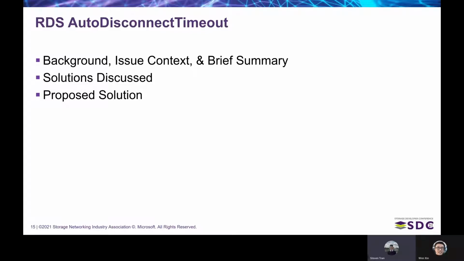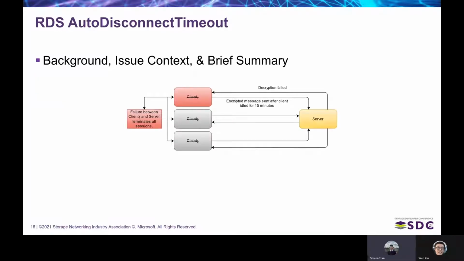The Autodisconnect Timeout is a marker on the SMB server, and this is used to periodically clean up SMB sessions that have had no open files for the past n minutes. So in the default case, we would have the Autodisconnect Timeout be 15 minutes. So if we head out to the next slide, we can